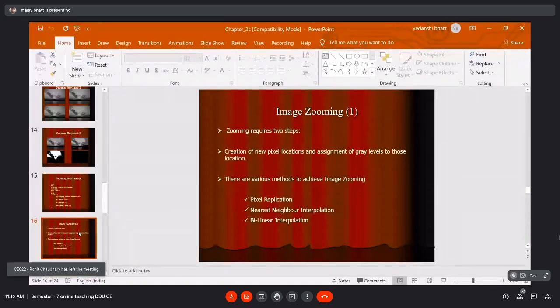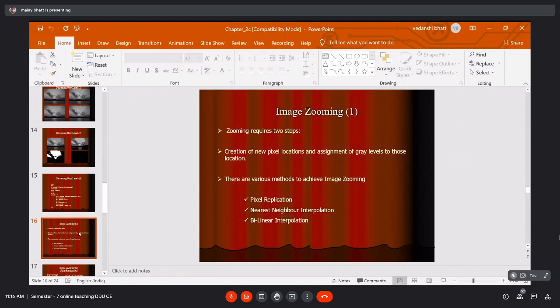We have to basically create new pixel locations and assign a gray level to those locations. We don't have the detail for the new locations and we don't know which value we should assign so that our image will look as it is and look better by increasing the spatial resolution. So basically, through image zooming, we are increasing the spatial resolution, right?